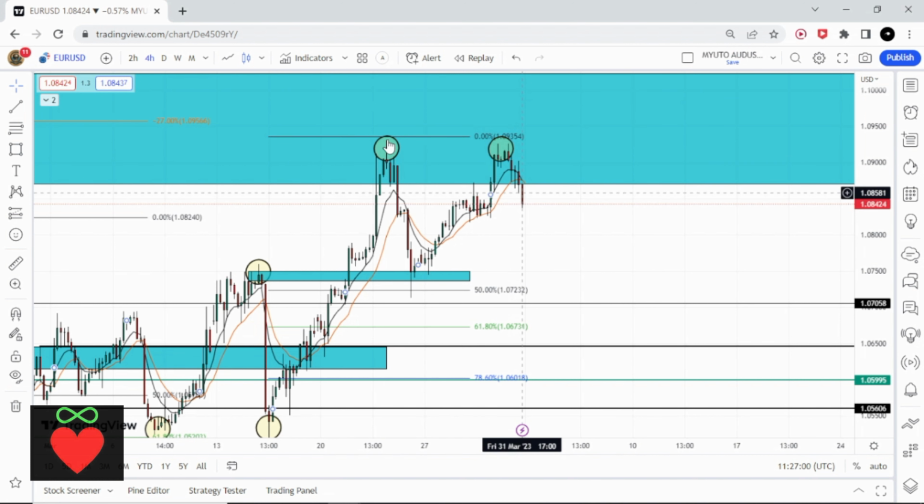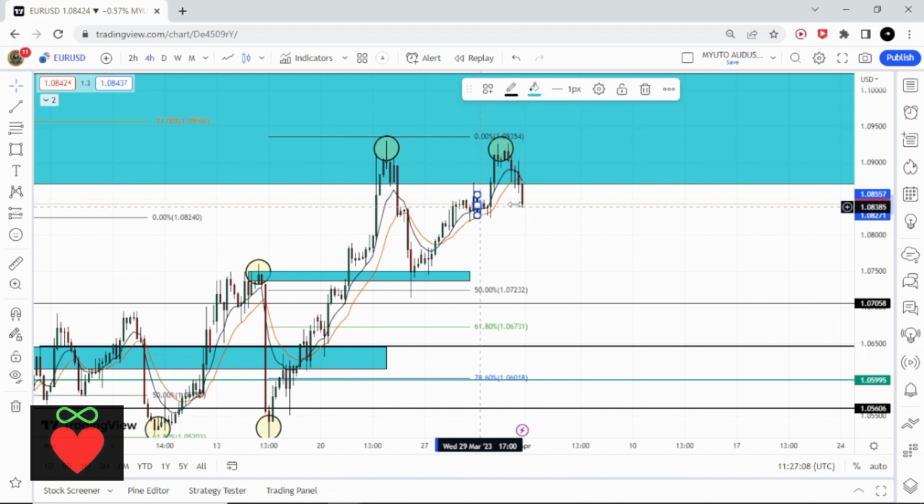So far price failed to break this previous high here. So again, I'm expecting price to find support at this level here, just because of this reaction that we have here. So this reaction here,